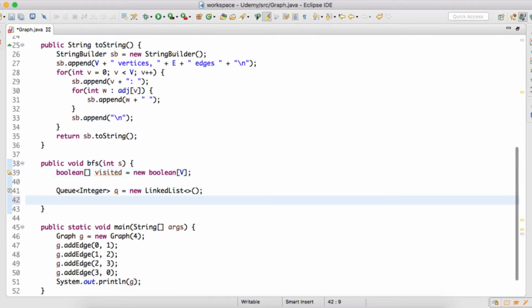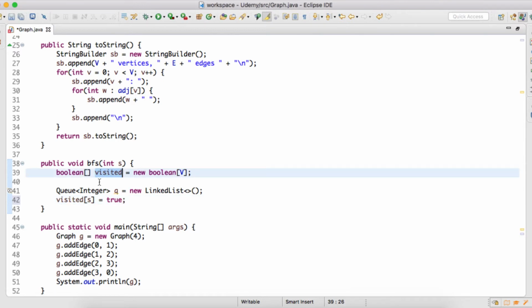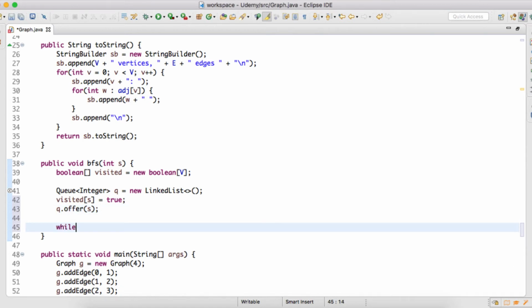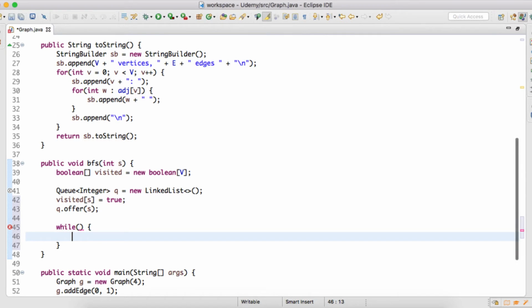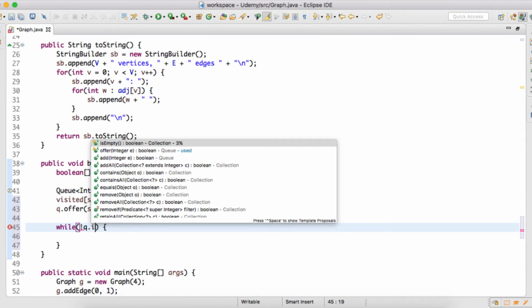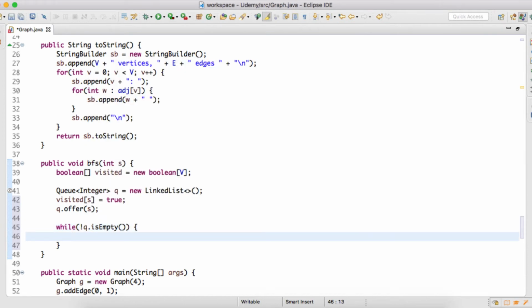Then we mark the source node as visited by assigning the value true to the visited array at index s, and then we offer s into the queue, which we discussed in our previous tutorial. Then we provide a while loop, and inside this while loop we place a condition whether the queue is empty or not. So this while loop executes if the queue is not empty.